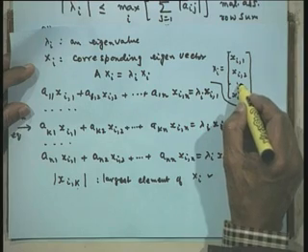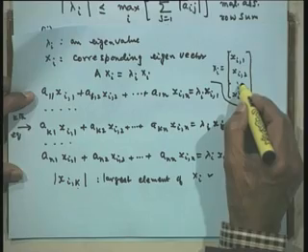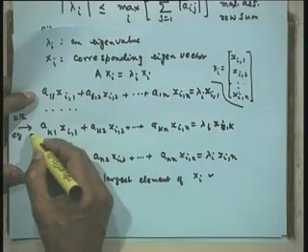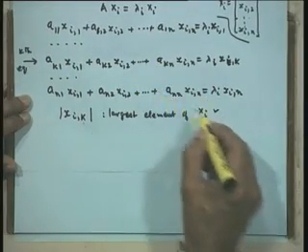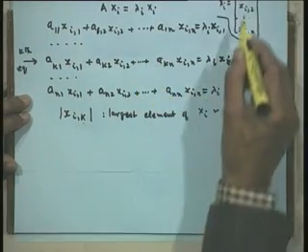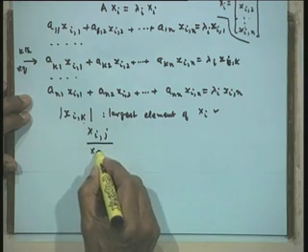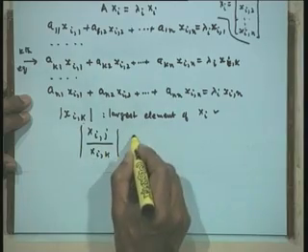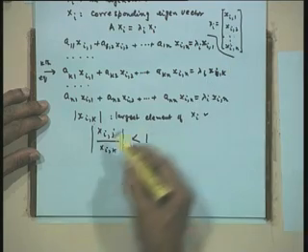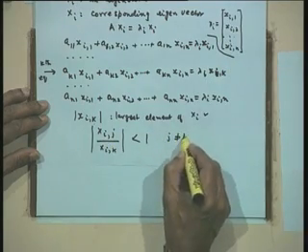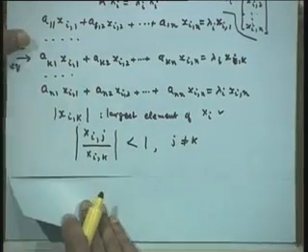Now I will pick up that particular equation to tackle it and find the bound. Since x_ik is the largest element in magnitude, I will pick the corresponding kth equation. What does this imply? The ratio of any x_ij divided by x_ik in magnitude is going to be less than 1, because x_ik is the largest element in magnitude. If I take the ratio of the other components, j not equal to k, it is always going to be less than 1. That is the definition of the largest element of x_i.